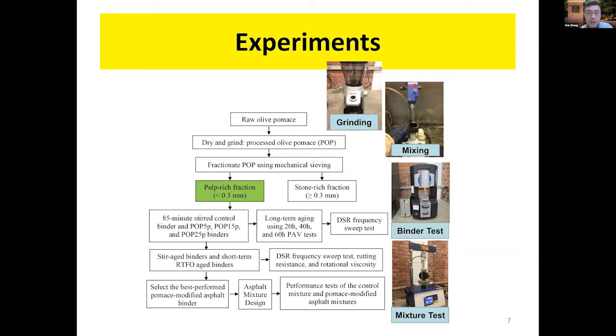While in this presentation, I will just focus on the pulp-rich fraction because it has a higher lignin content and also a higher residual oil. So in this work, we add 5%, 15%, and 25% of the pulp-rich fraction in the asphalt binder and compare with the control binder. Long-term aging was conducted using 20-hour, 40-hour, and 60-hour pressure aging vessel